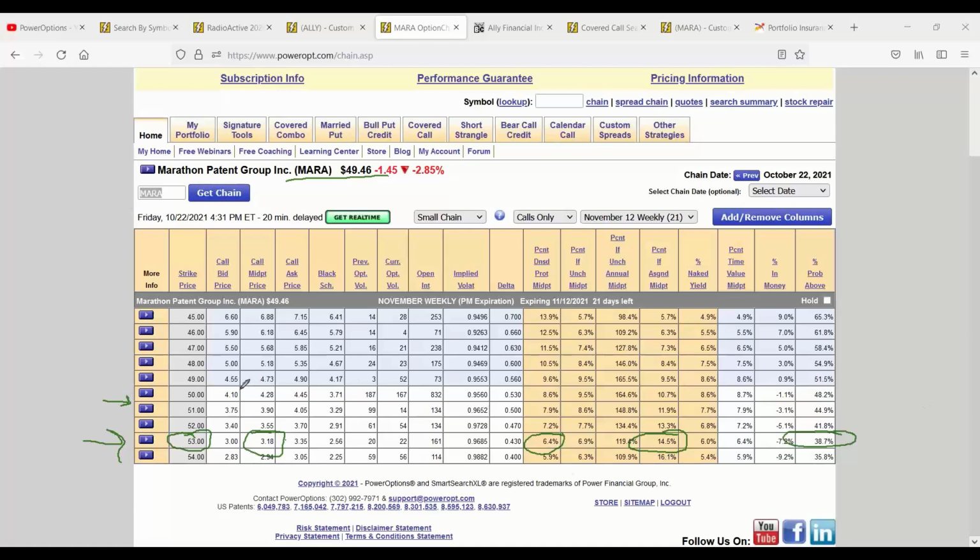In other words, if I had started this position, I bought the stock at 43, or my cost basis, Ben, on the stock is 43, and I had sold the 50 strike call for November 12th, for example, and today the stock moved down. So yesterday, when the stock had moved up above 50, it's down $1.45 today. Yesterday, when the stock was above 50, I might have considered buying it back for the weekend just in case it suddenly gapped up to 53, 54. Or instead of just buying it back,